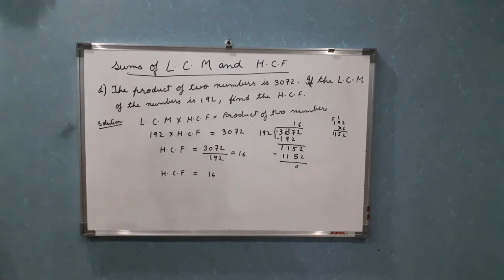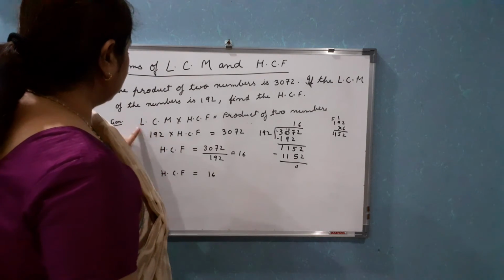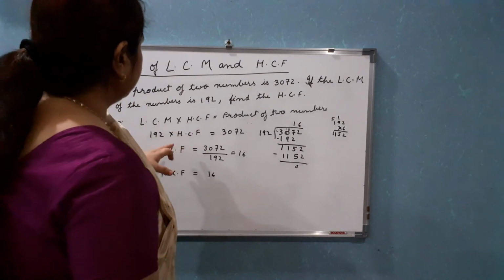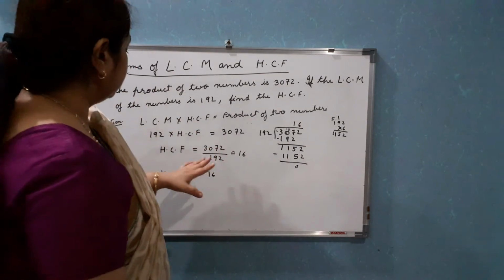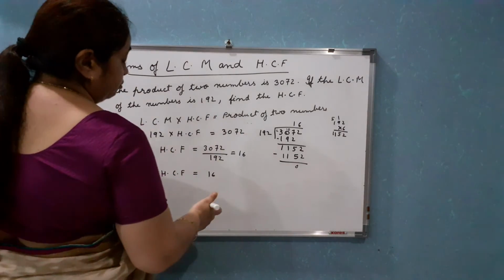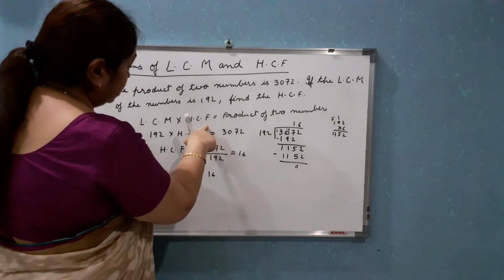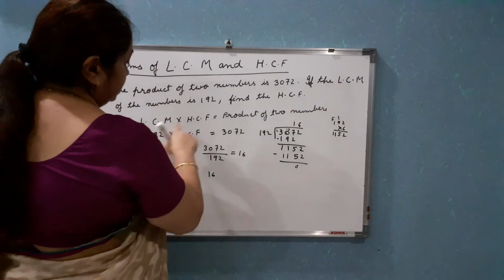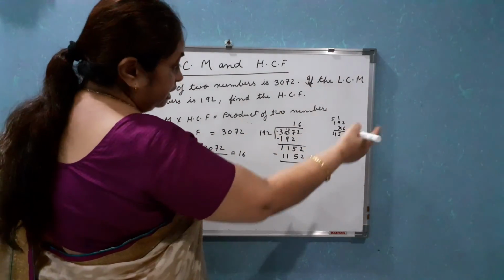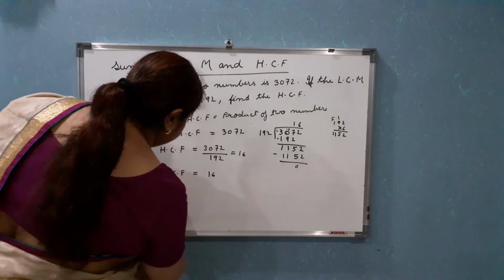Now one thing I have to mention you, see here, it is easy. Now you have given LCM, find out HCF. It may be you have given HCF, you have to find LCM, same thing. But there are some questions where LCM and HCF is given to you. Okay. Suppose LCM and HCF is given to you and product of one number is given and product of other number, you have to find it. Okay, then how will you find?